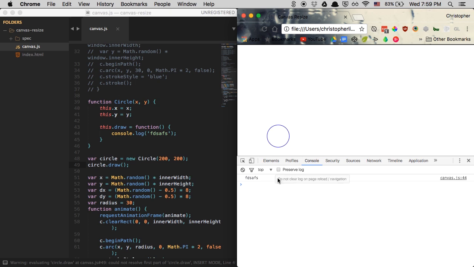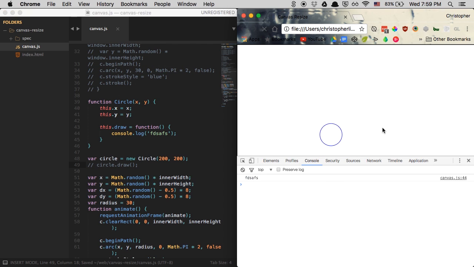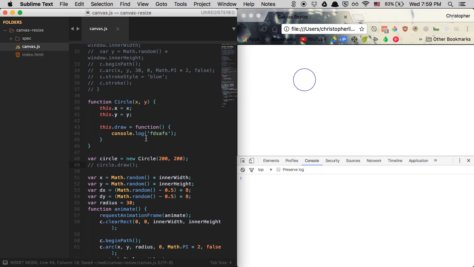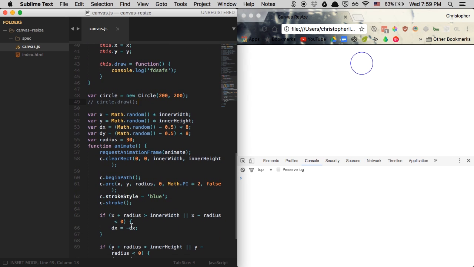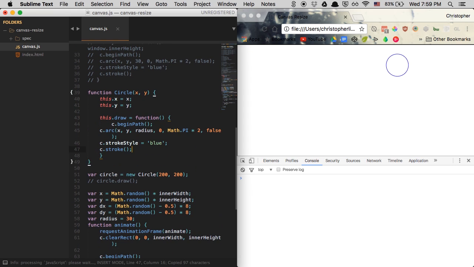If we refresh the page now, you're going to see that this function is being fired. If we comment this out, the function is not being fired. So we want to make sure that whenever this draw function is fired, we're actually drawing a circle. So we can go ahead and grab our draw circle code right here, replace the console log with it. And now if we draw out our circle,